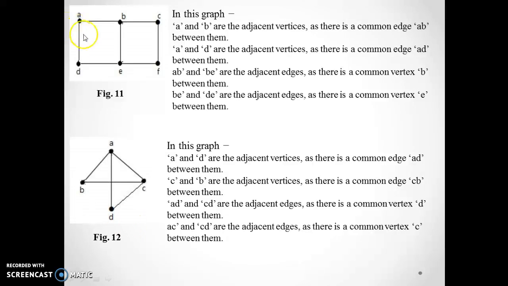So, in this graph, we will see the adjacent vertices and adjacent edges. So, A and B are the adjacent vertices because there is a common edge between A and B, that is AB. A and D are again adjacent vertices as there is a common edge AD between them. AB and DE are the